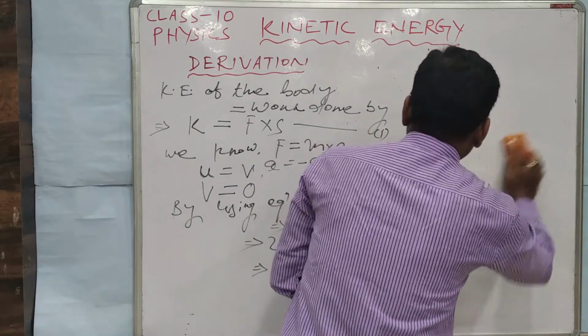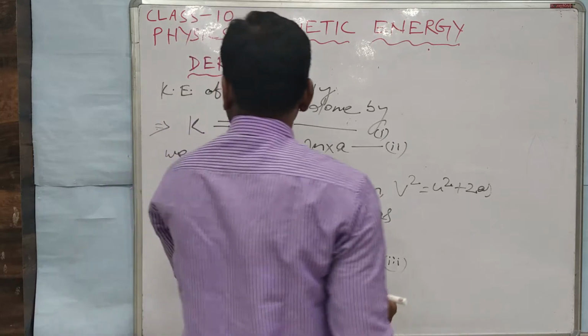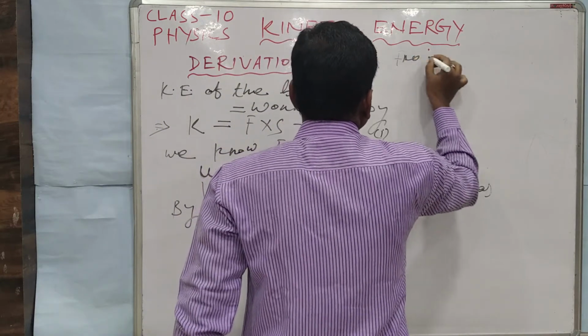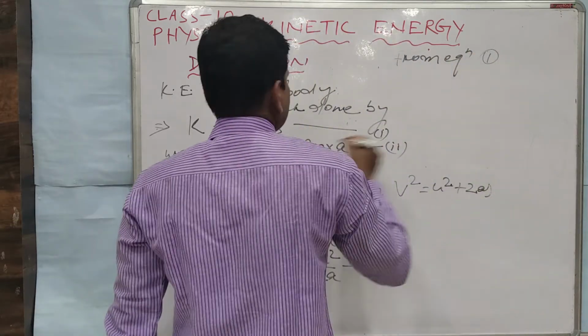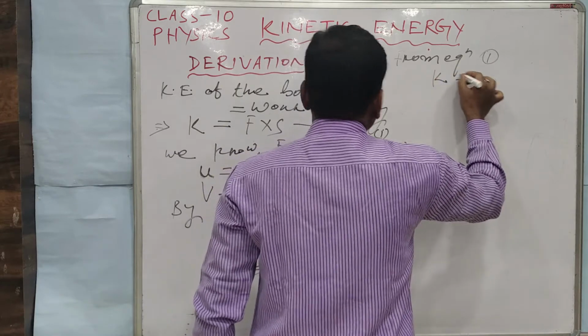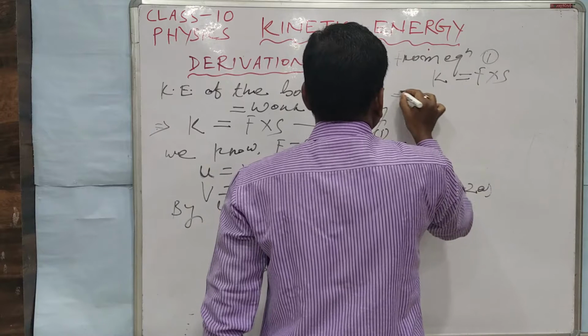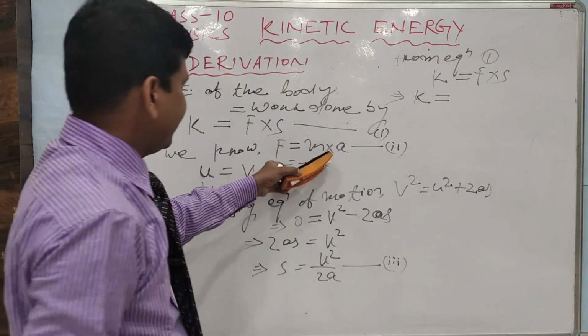So from equation 1, what do you know? What is equation 1? Write down that. From equation 1, you have known that k is equal to f into s. That implies k is equal to f, and f is given by m into a